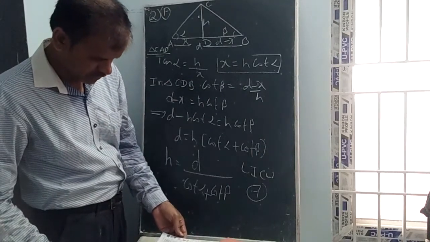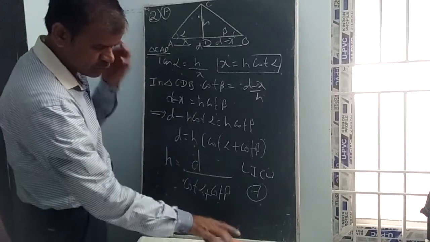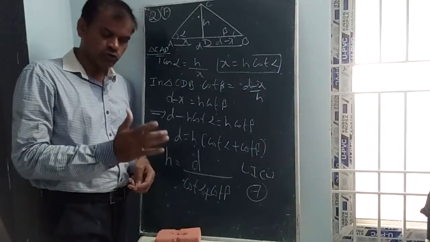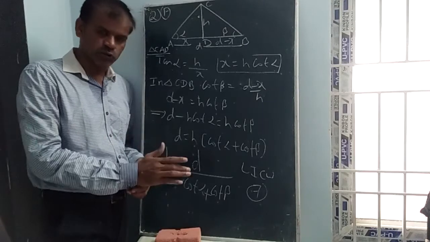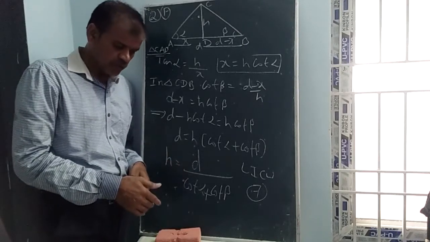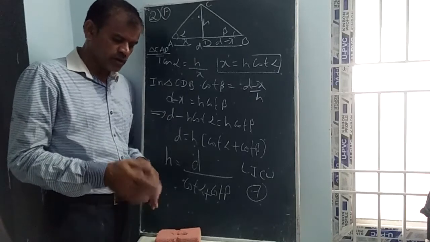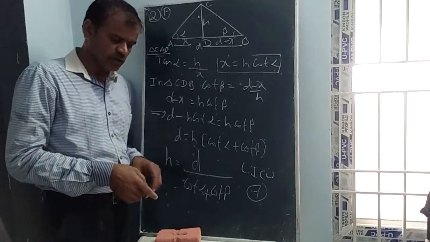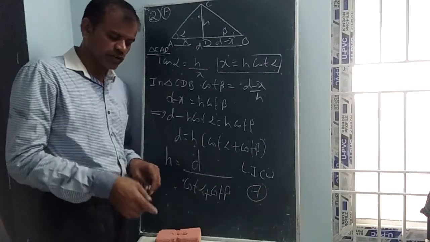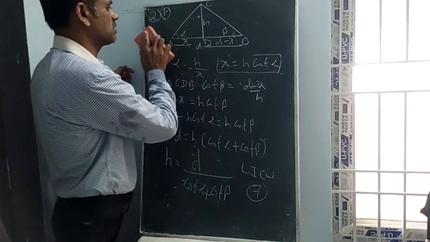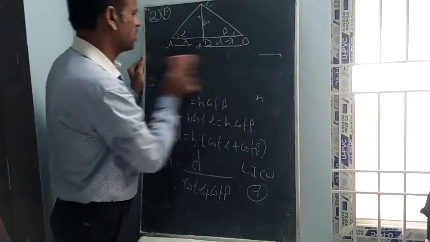No, 184. There are two stations P and Q, due north and due south of a tower of height 15 meters. The angles of depression of P and Q as seen from the top of the tower are cot inverse 12 by 5 and sin inverse 3 by 5. Then what is the distance between P and Q, he is asked.